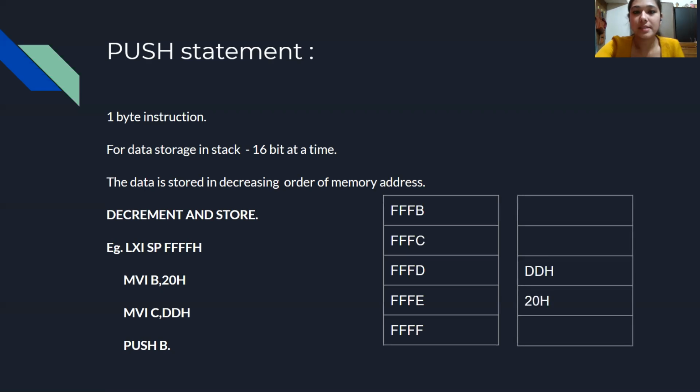On your left hand, you can see the table of the memory address, with increasing memory address from top to bottom.